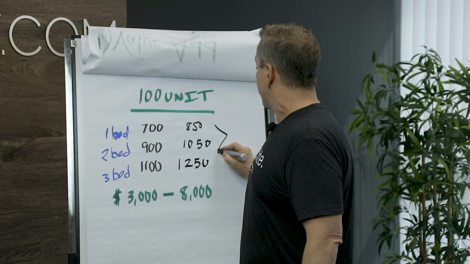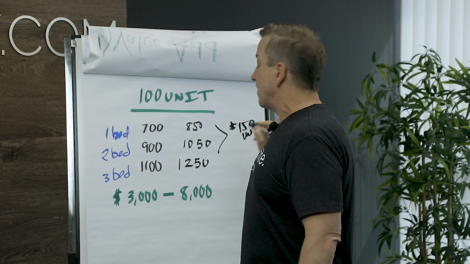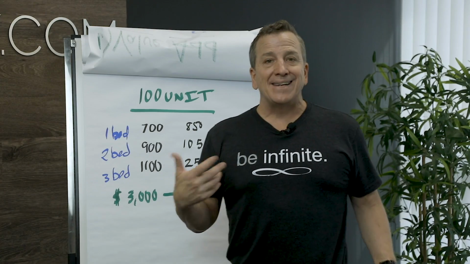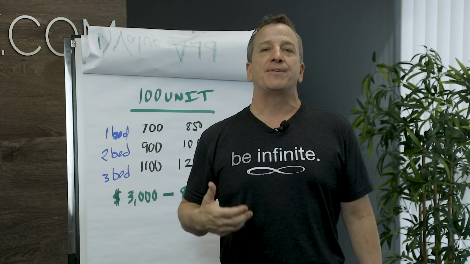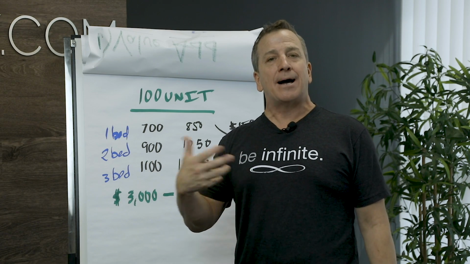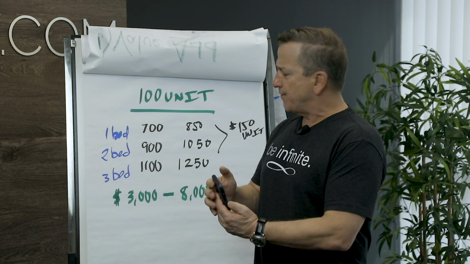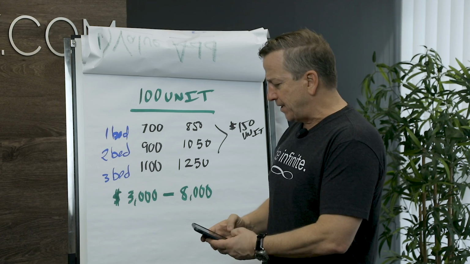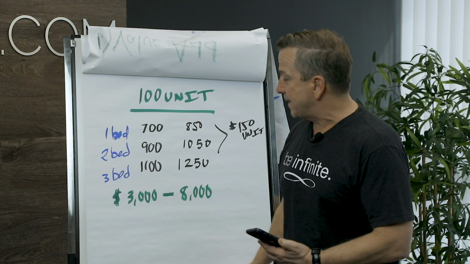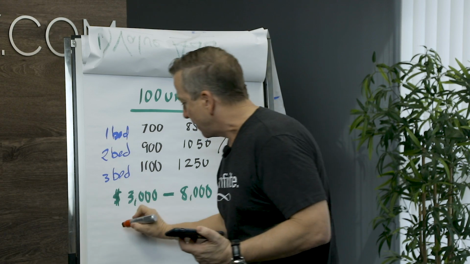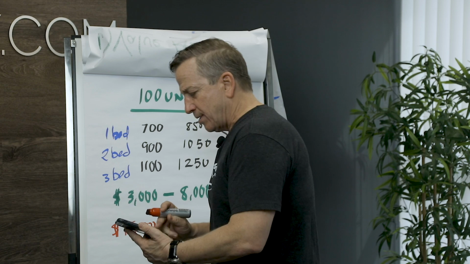So this is what we would call a $150 a unit value add. When you add these things together, what you're going to find is that this is a $150 a unit value-add upgrade. This is now how you're selling the investment to an investor. So if I take $150 times 100, that's $15,000 that we have here. $15,000 a month times 12